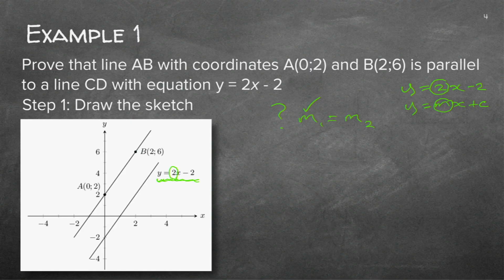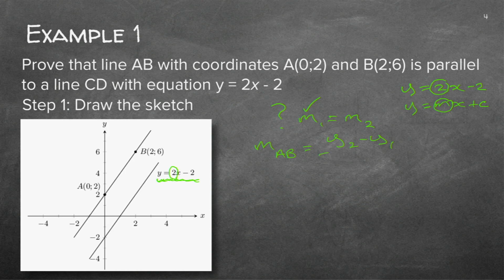So do you agree with me? I must just make sure that my formula is always in the standard form. Y is equal to mx plus c. Otherwise, I can't read off the m. But for this line AB, they did not give me the gradient. So I need to write down the formula.